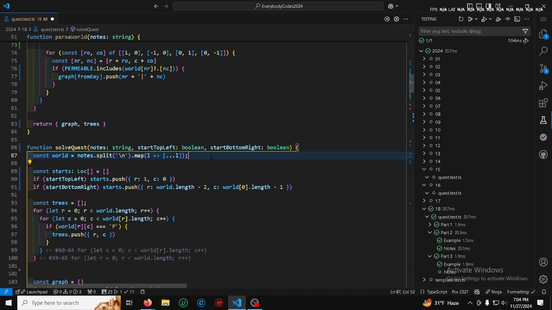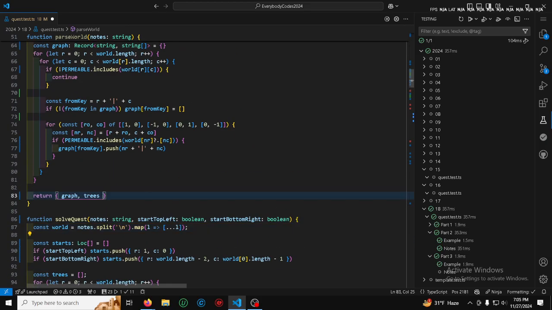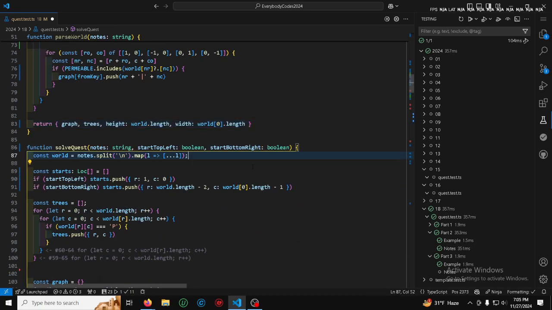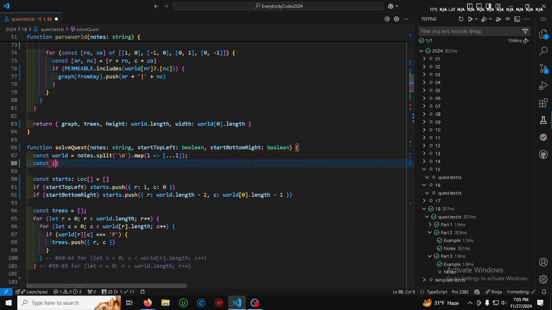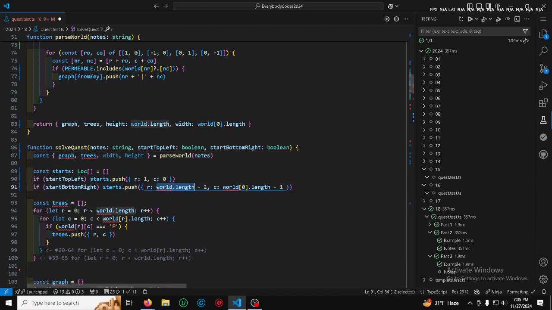Let's get our world. That depends on the length, right? Width and height. Let's return width and height. Width is world length. Well, it's world 0 length. Then height is world length. There you go. So we'll get all that for you. Const graph, trees, not grease, trees with height equals parse world notes. We have all of this, and now it's just